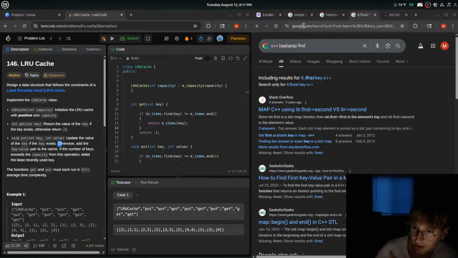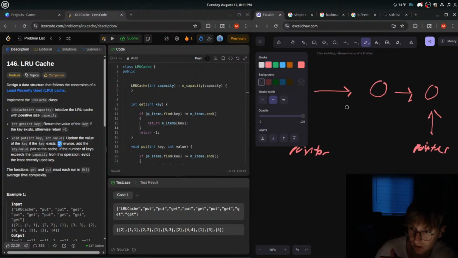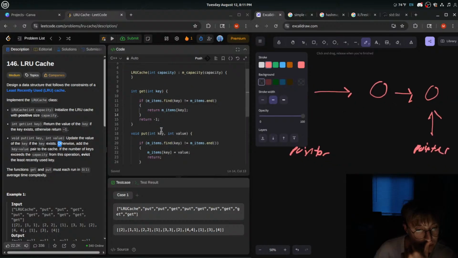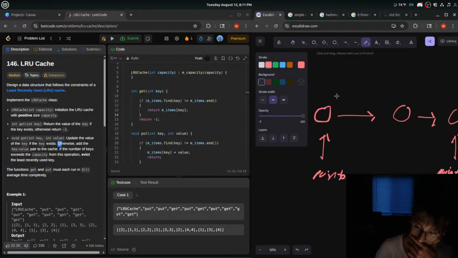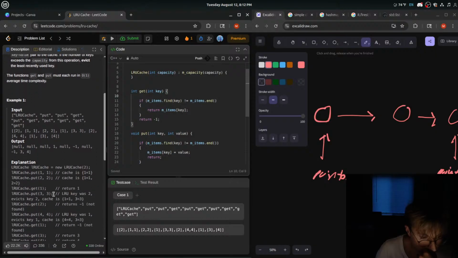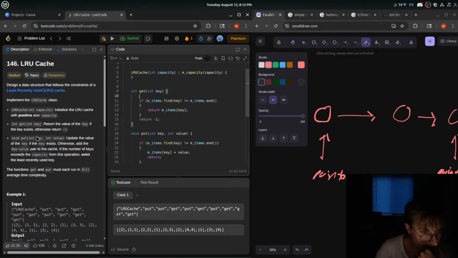So I feel like for the get, right? Well, maybe I guess we'd have to do the put function. Oh, doesn't really matter. I feel like for the get function, we're going to have to find the value that we're looking for. But the thing is, could we maybe look for an item that doesn't exist in our get? Okay, we can, right? So we can return -1, right? If